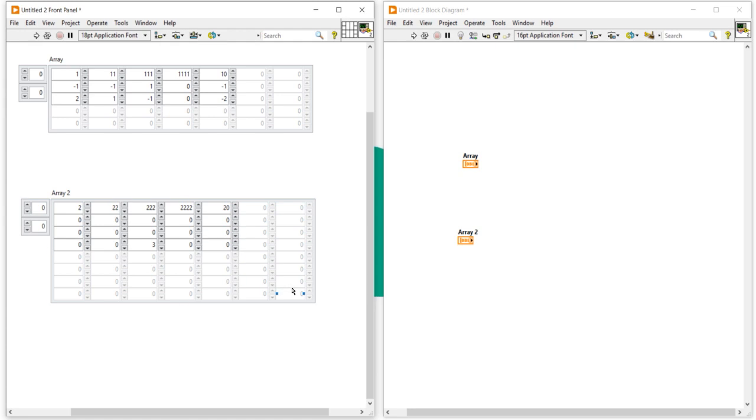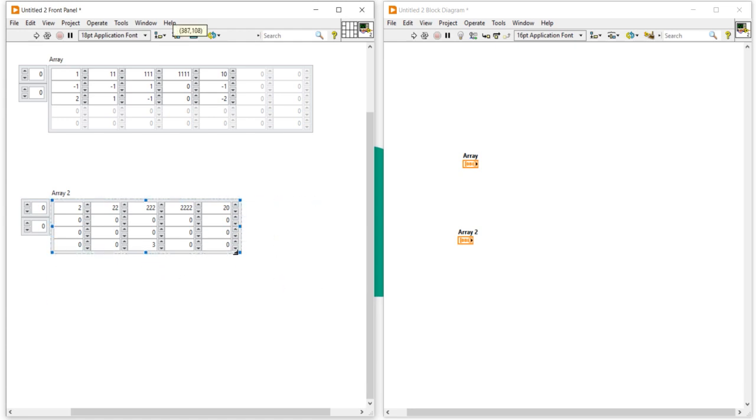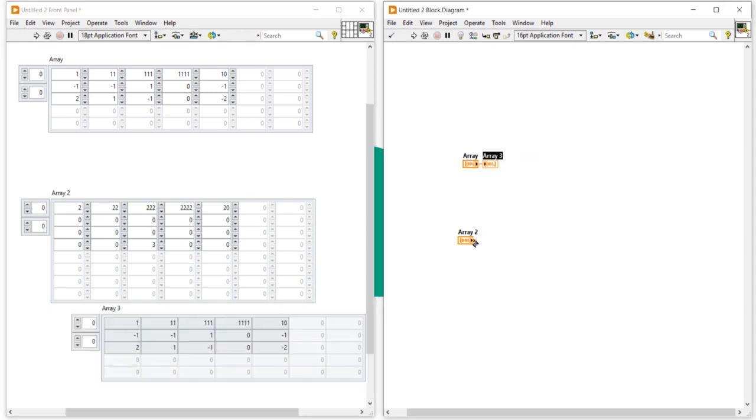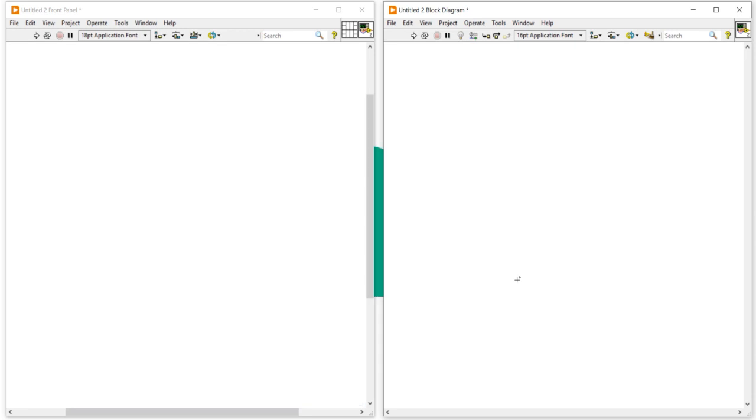This black portion is my configured array, meaning this portion contains some data, and this gray portion is just array cells without configuration. These are the configured ones, and these are my live array cells. Same, you can right click and create an indicator. Now if it is clear,